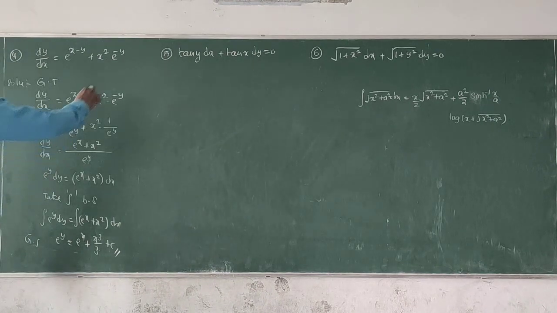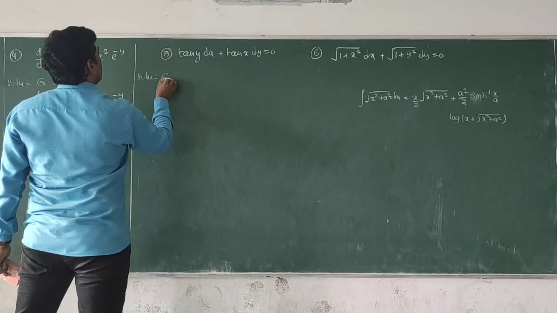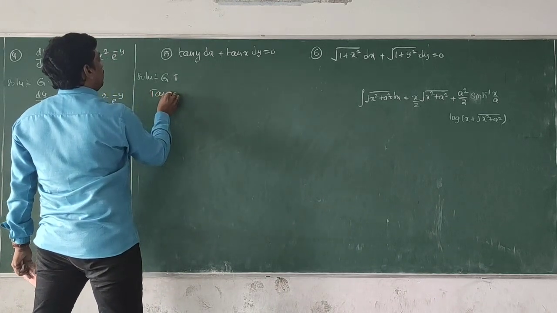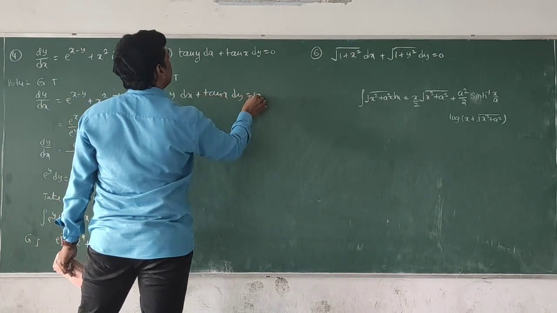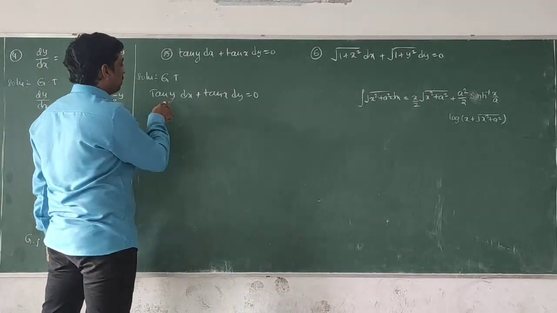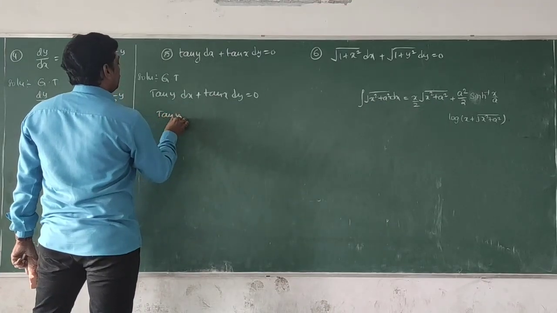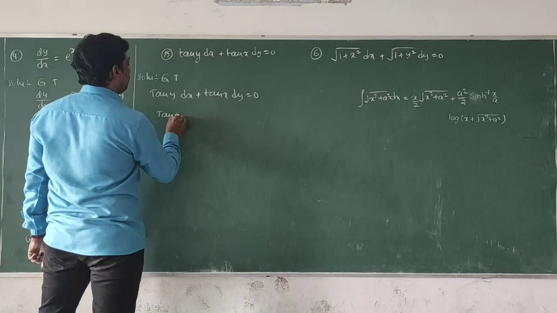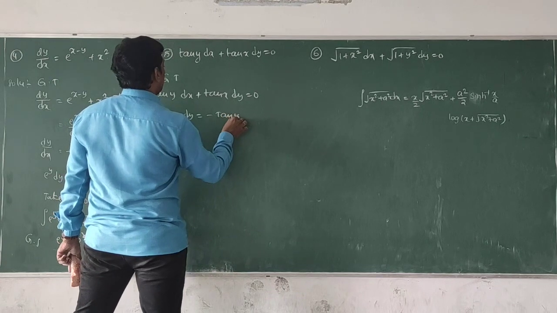Is it clear? Right. Next, in the solution, take the given equation. Given that tan y into dx plus tan x into dy equals 0. We need to separate the variables or not? Yes, because here the function in terms of y is with respect to x only. That's why tan y into dx, tan x into dy, keep it as is here in the LHS, plus term taken to the opposite side, minus tan y into dx.